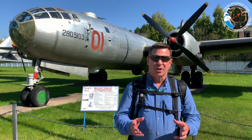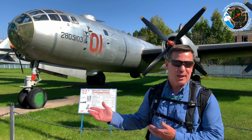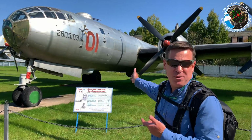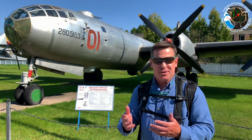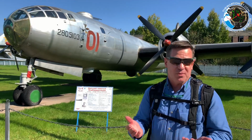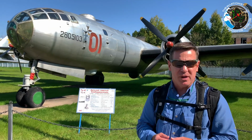We're at the famous Central Air Force Museum at Monino, and one of the most interesting displays, especially for Americans, it's the first display you see when you walk inside the gate here at Monino, is the Tupolev Tu-4. Now for Americans, they're going to look at this and say, oh, this is what Russians do. They copy everything American, because the Tu-4 was reverse engineered from, of course, Boeing's B-29 Superfortress in 1947 from a